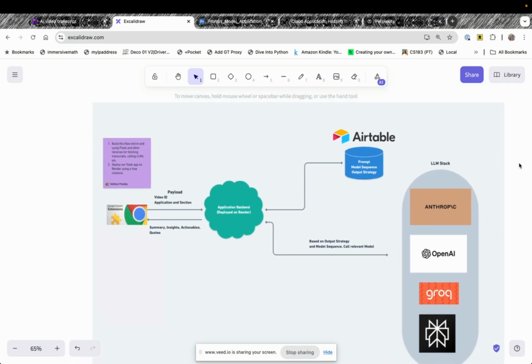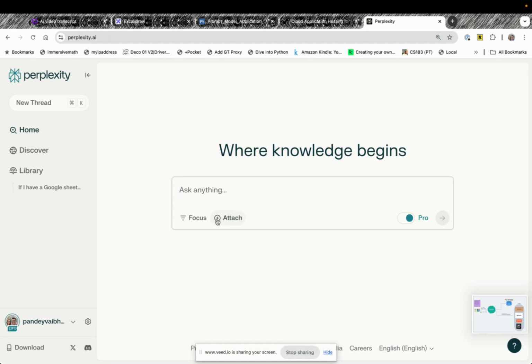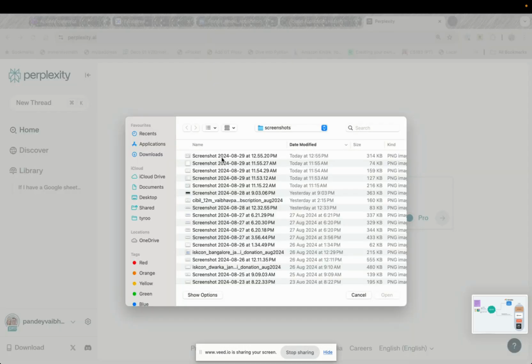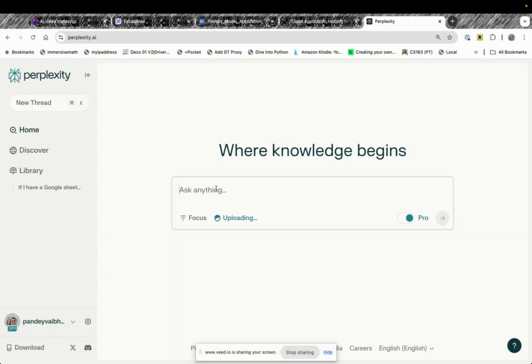What I'm going to do is, instead of this, I'm just going to take a screenshot and then upload the screenshot to Perplexity, right? Now that we have the image, let's start building our prompt or our instruction for Perplexity. So what I'm going to do is